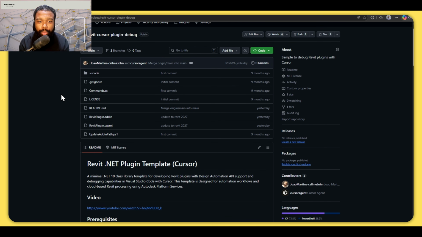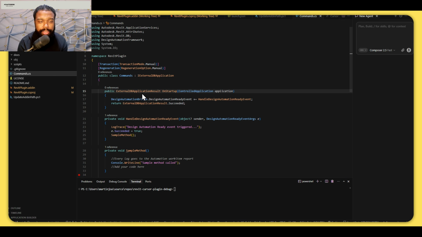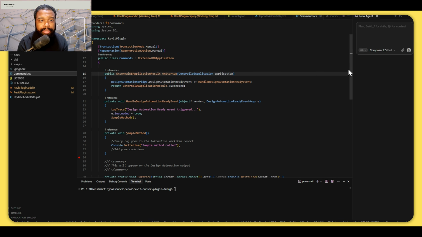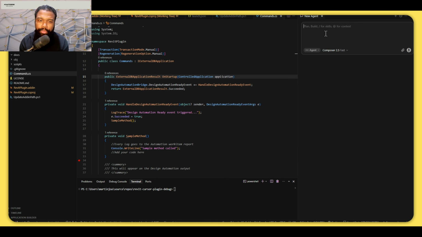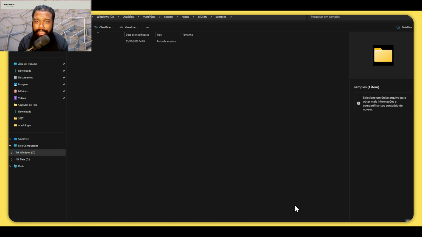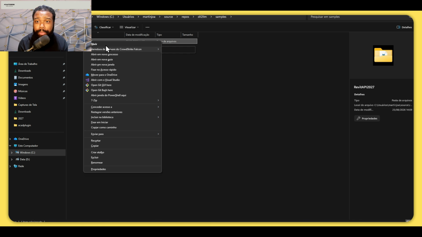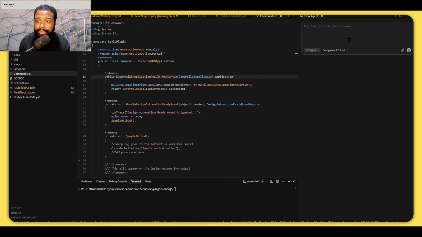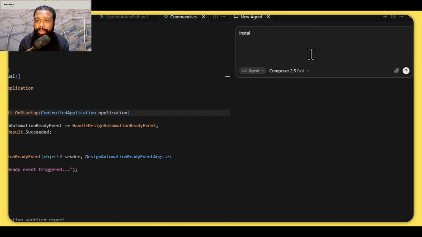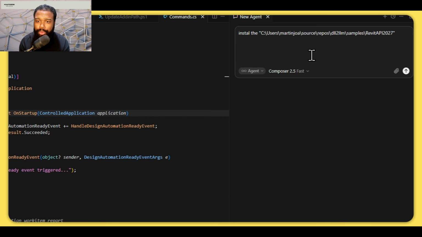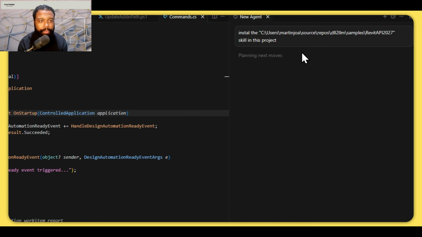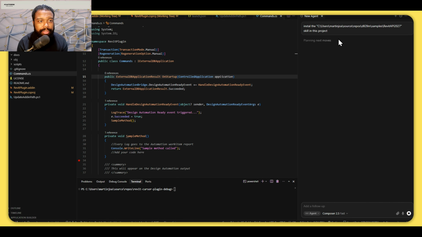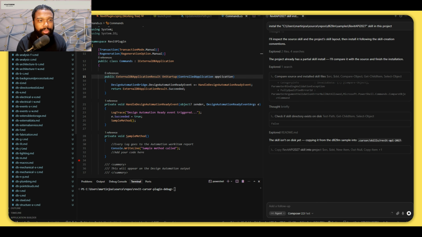You also need one template to run your plugin. So I'm going to use this template from a previous blog. And if you open the chat, in this case, I'm using Cursor. I can just ask Cursor to install the skill already available in my specific folder. It is going to create this .cursor folder in my repo and add my skill inside the skills